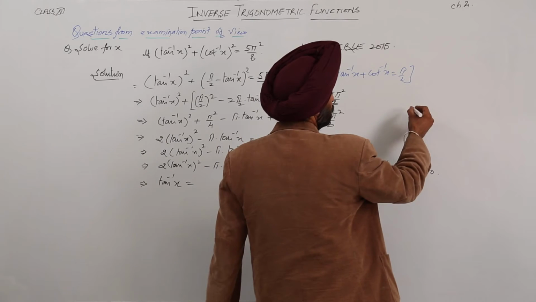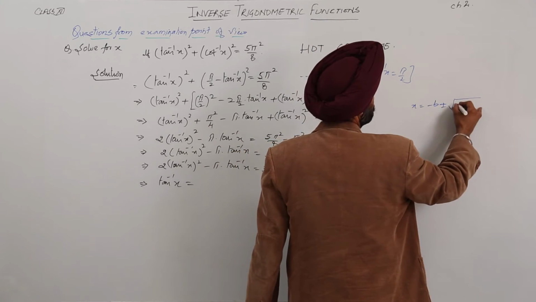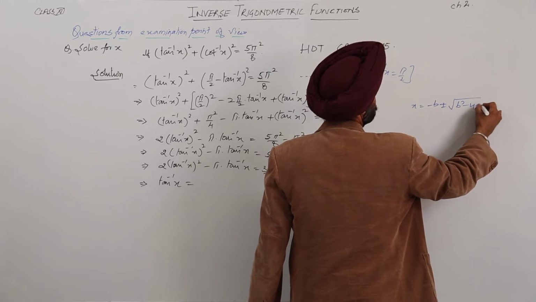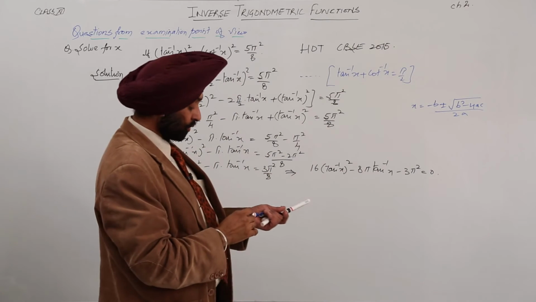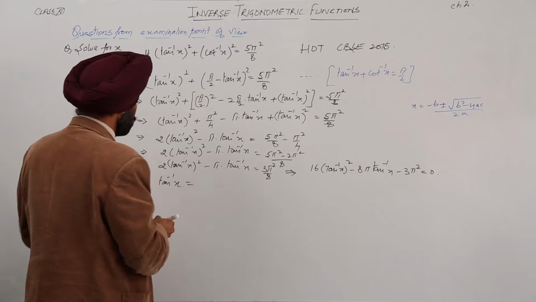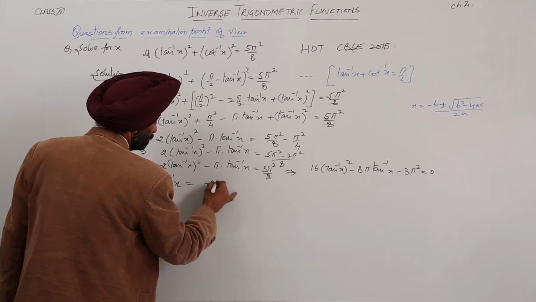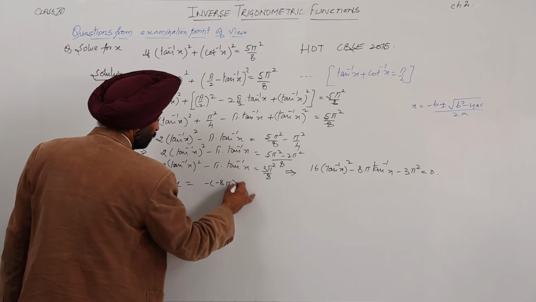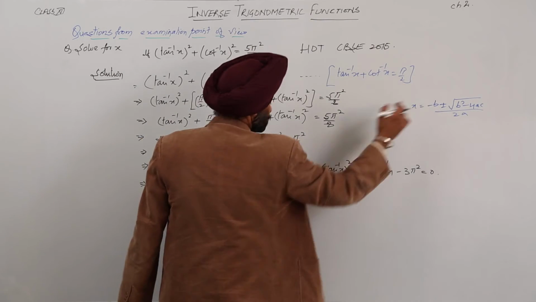We are using x is equal to minus b plus minus under the root b square minus 4ac upon 2a. So we are using this quadratic formula. Now what is minus b? Minus minus 8 pi, this term, plus minus